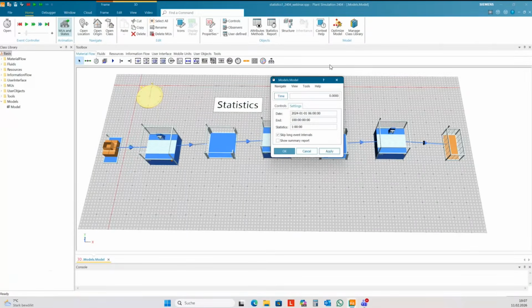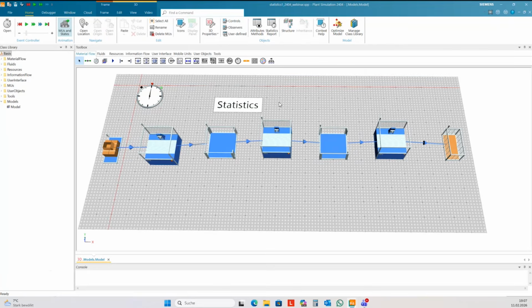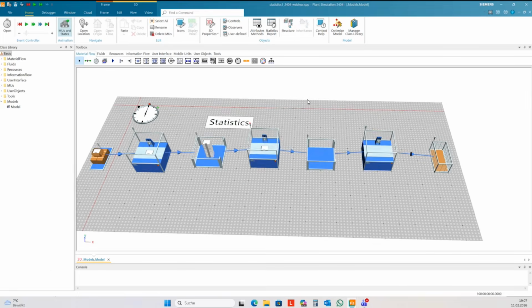So these are my settings. Then I make a simulation run. It is finished.